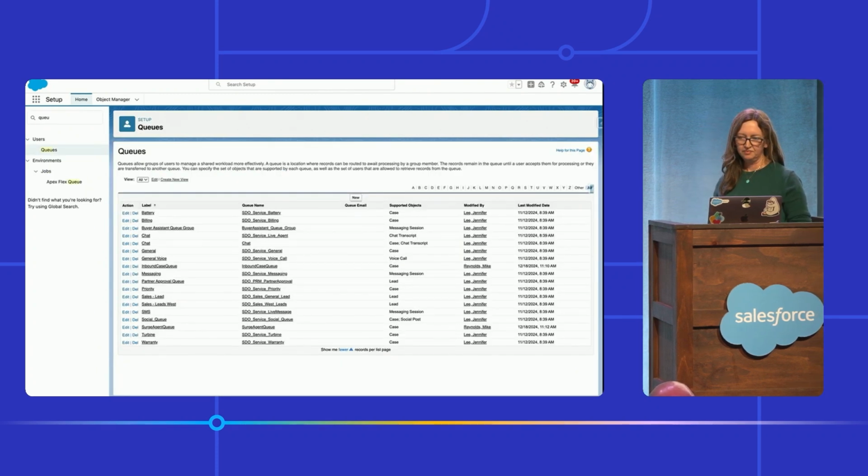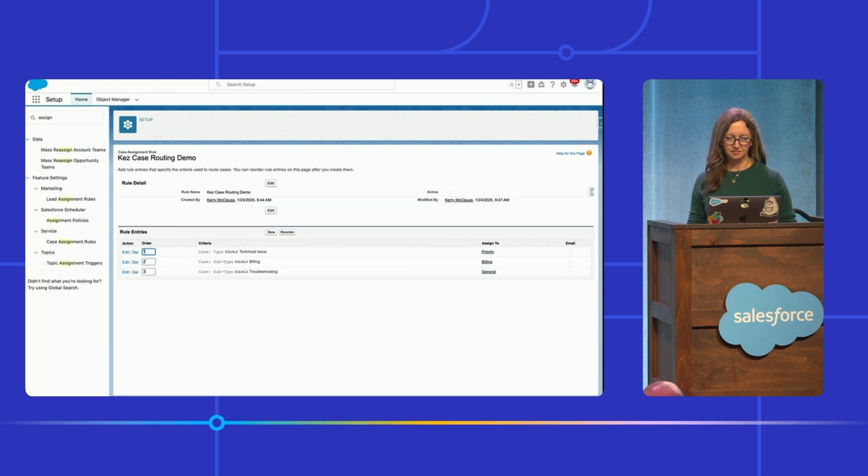Whatever queues you're going to be assigning cases to obviously need to be set up here. You can see we have some pretty standard billing, general, priority, etc. queues. Then you're going to build your assignment rules, based on, in my instance, the type and subtype that Einstein picks for these cases, which queue do they